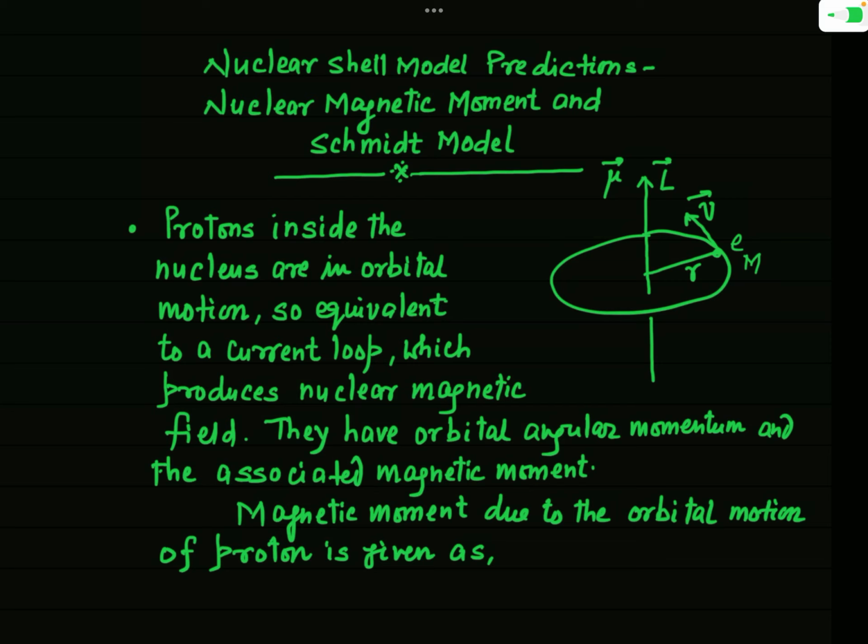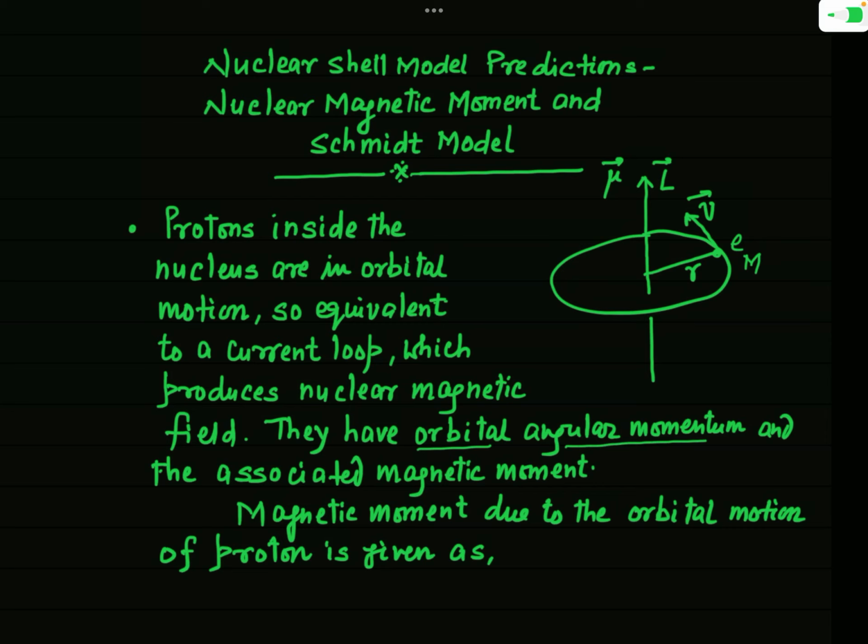And due to this orbital motion of the proton, it will have orbital angular momentum. And associated with this orbital angular momentum, definitely the proton will have an orbital magnetic moment. So you can say simply, due to the orbital motion of the proton, which is a charged particle, it will have a magnetic moment. And this magnetic moment can be found by the general definition of a magnetic dipole moment of